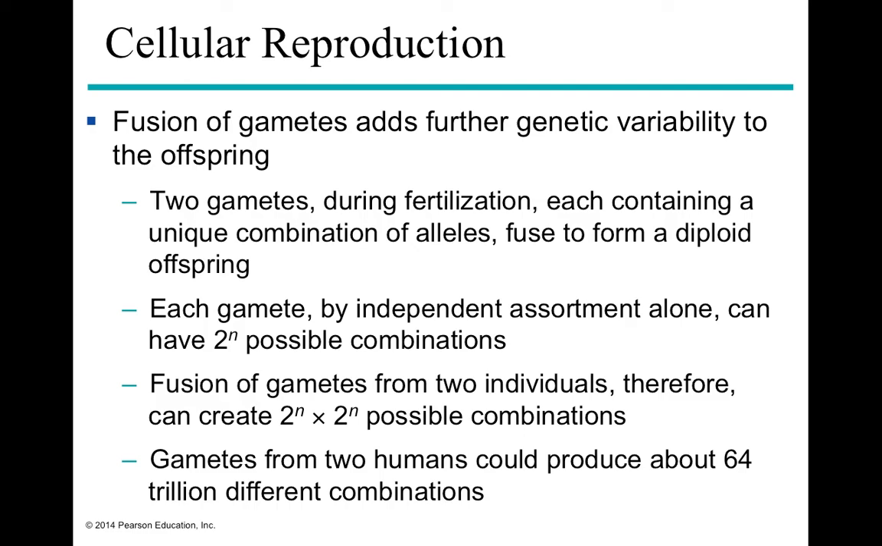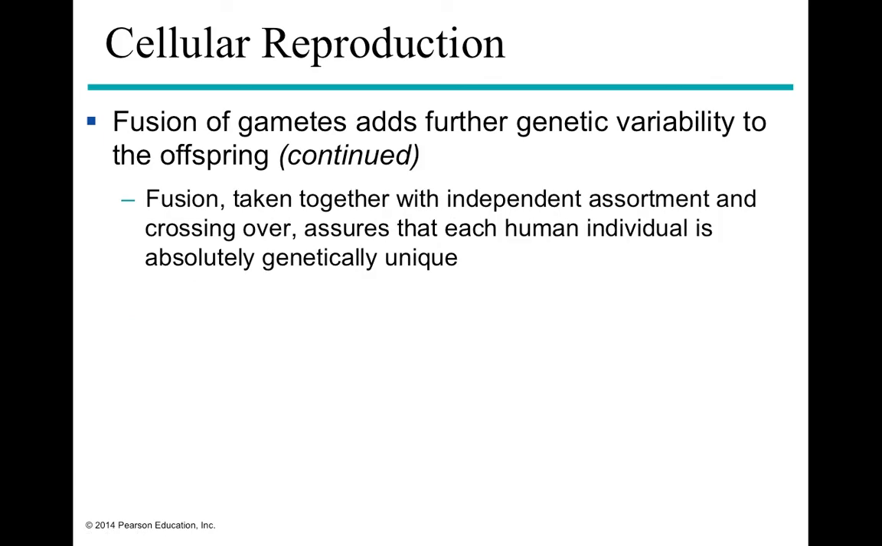Now, if you figure that we had 8 million combinations of sperm and 8 million combinations of eggs, and then we're only going to pick one, right, to come together during fertilization, that means that we're going to end up with 64 trillion different combinations that can produce you, again, as the genetically unique individual that you are today. And that's going to ensure that each human individual is absolutely genetically unique, both from its siblings and from its parents. And of course, the only exception to this would be